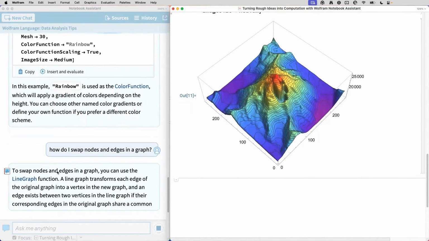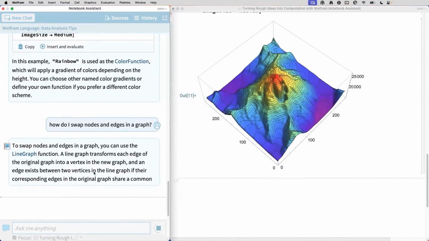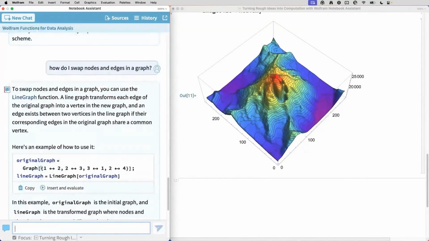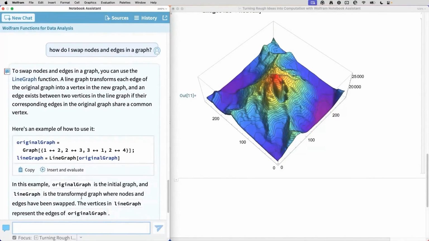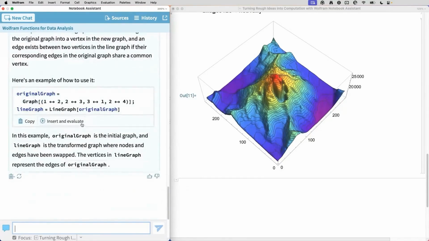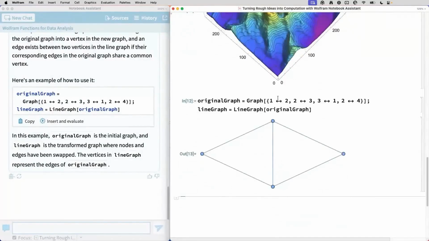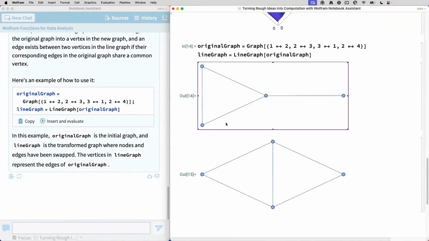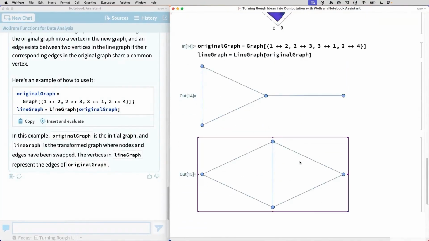Okay, so it suggests using the line graph function, and then it comes up with some example code. Suppose we have this original graph, we can then swap the nodes and edges by using this. If we click on here, let's go ahead and not suppress. A semicolon suppresses output, so we're going to leave the original output of the original graph. We're going to see that this is the original graph, and this is the graph with the nodes and edges